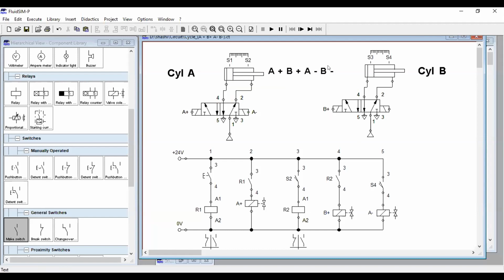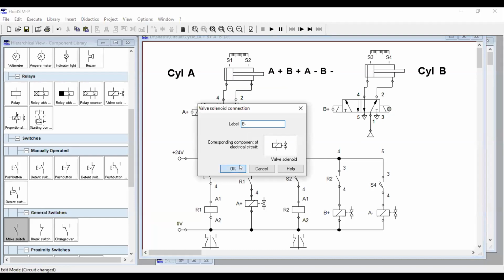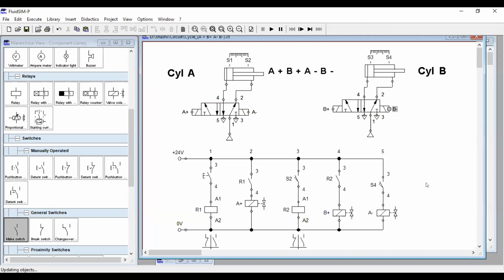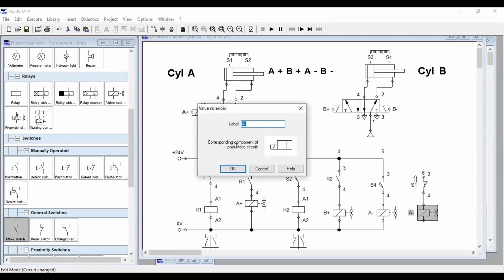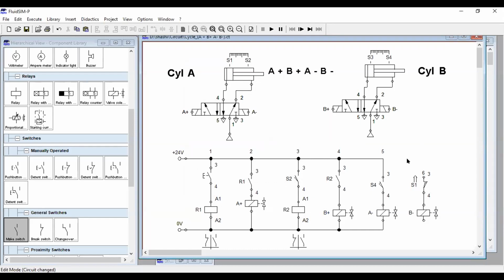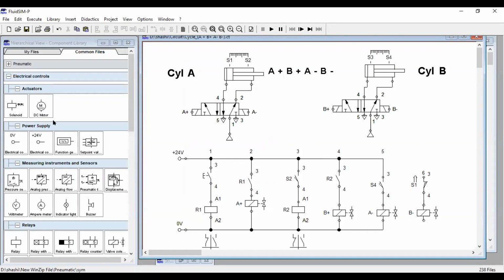Now I want the operation B minus. So to have a B minus, you need to operate from this point. So to operate at this point, I will name it as B minus. And B minus is related to position S1. With the same logic, you can use Control C, Control V. But normally avoid this because generally we make a mistake. We may forget to change the name, and that may lead to error. Click on OK. Here I will change it to B minus. Click on OK. Connect this thing. A plus B plus.